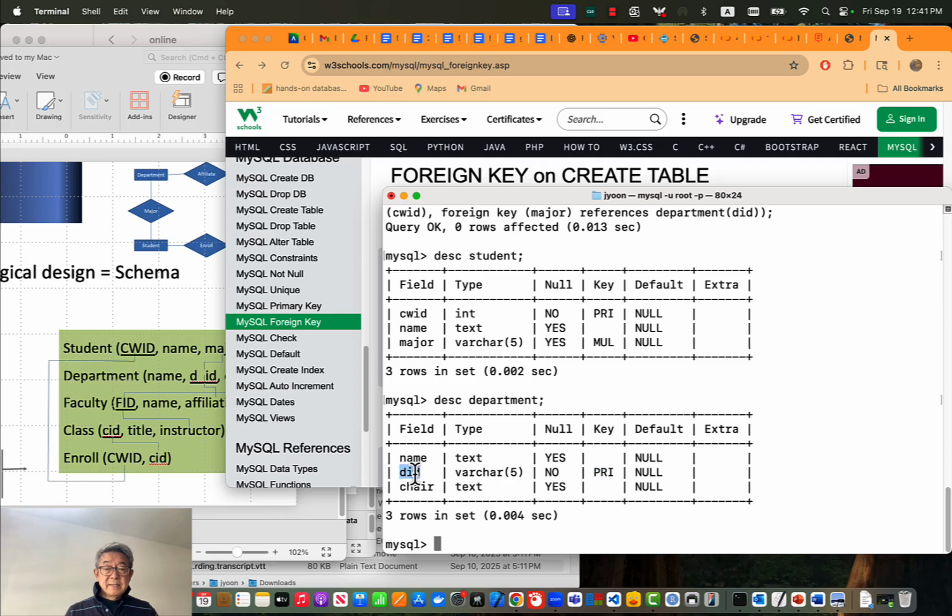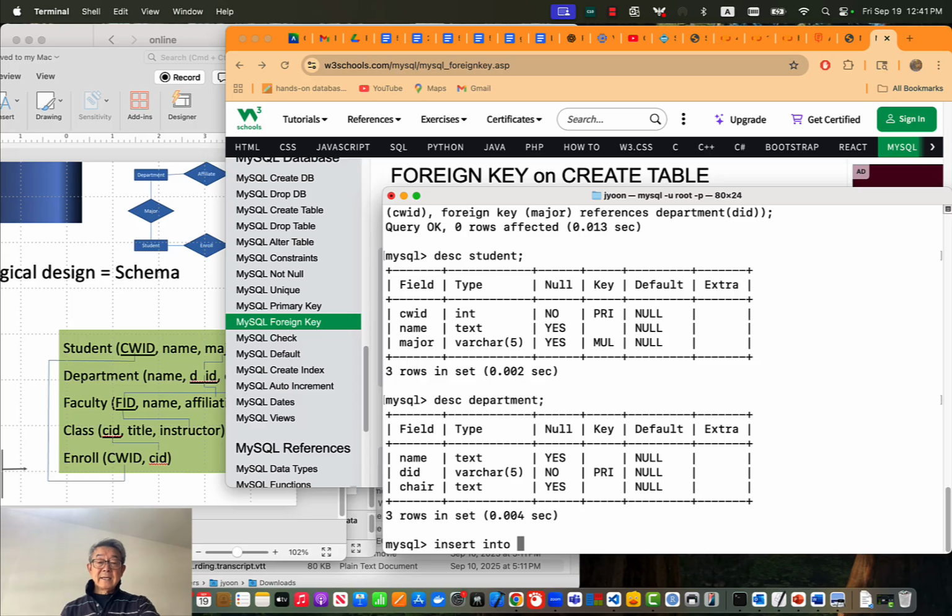But this DID and here major, they are mutually dependent. Although this description does not say so, internally this guy already said that, right? So we don't have to worry about it. So you can do all the others further, and then I will do insert